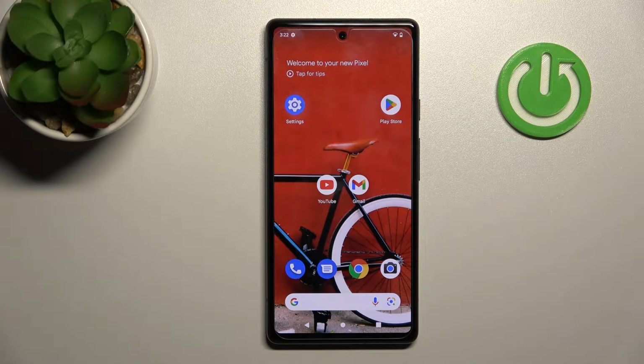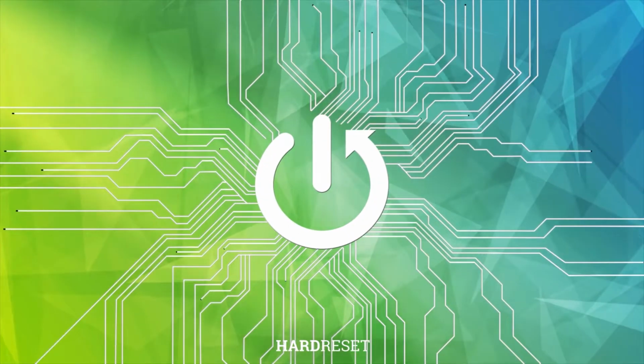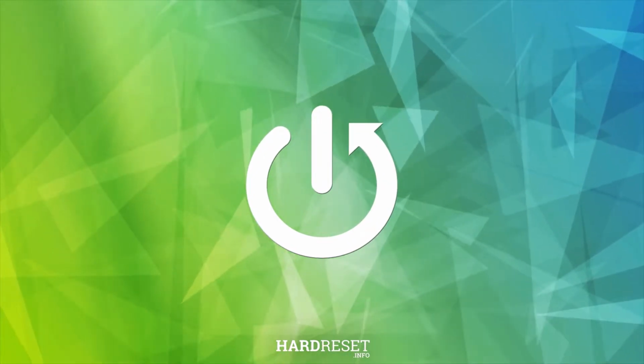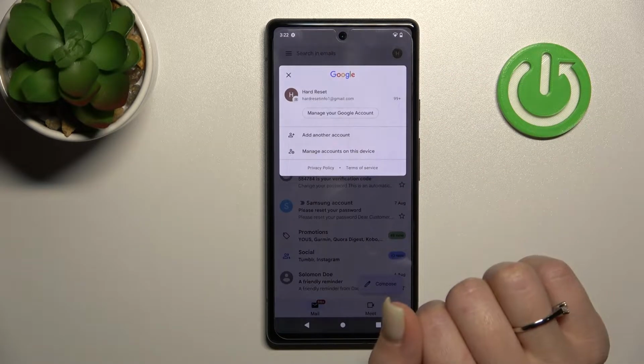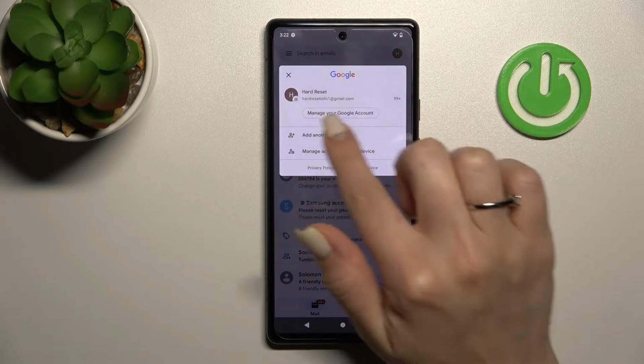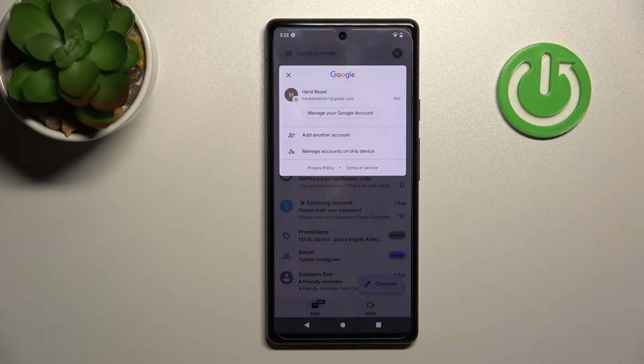Welcome, today in front of me is a Google Pixel 6a, and I'll show you how to log out from a Gmail account on this device. So first, let's launch the Gmail application, and after that tap on the right upper corner. Then you'll see here that we're logged into the Gmail application with a Gmail account. And if you want to log out from the Gmail account in the Gmail application, we should log out from the Google account